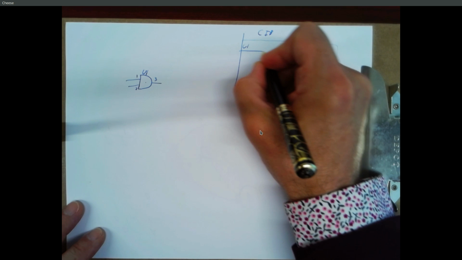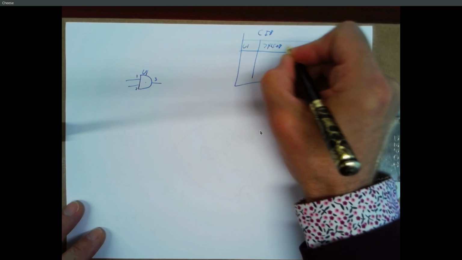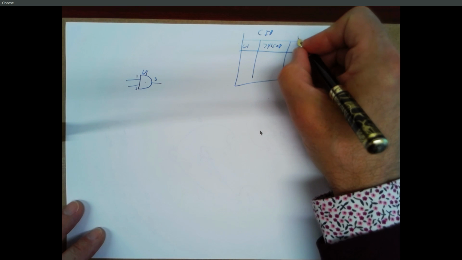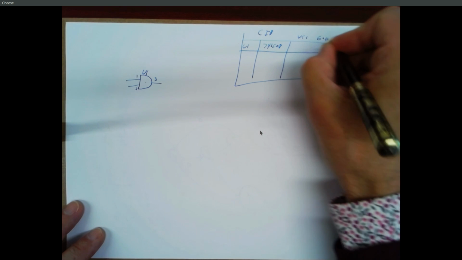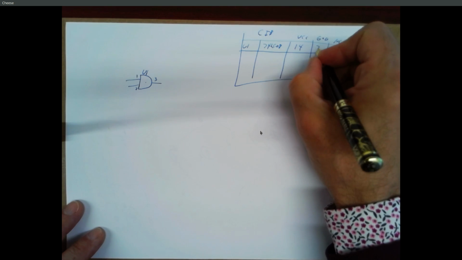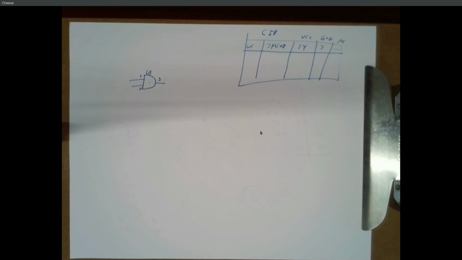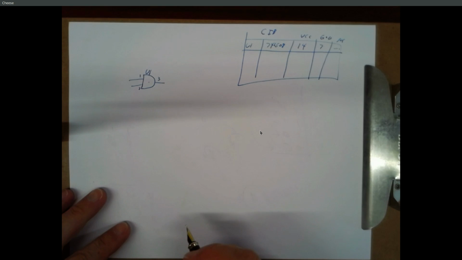you say U1 is a 74LS08, and you've got VCC on 14, ground on 7, and whatever your no connections are. So you can do the same thing for all of your chips basically. In particular, if you have a flip-flop, let's say you've got that octal flip-flop set up,